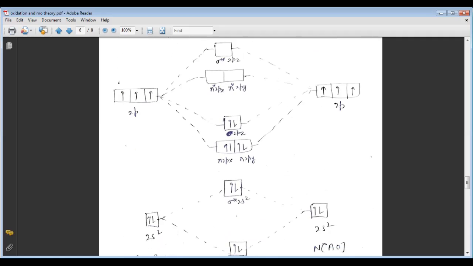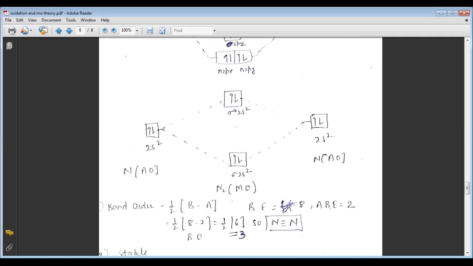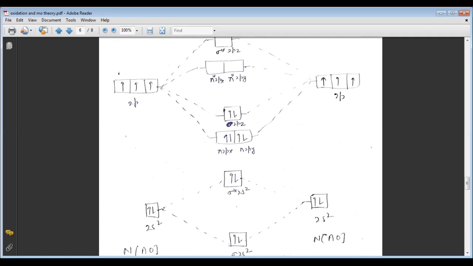Here again we can represent it. We can start with 2s2 and 2p3, and for the other nitrogen atom, 2s2 and 2p3. We can start with the 1s or the 2s; there is no problem whichever we start with. For the 2s2, there are two electrons here and two electrons here, so the total is 4. These are arranged in the sigma 2s2 and sigma star 2s2.